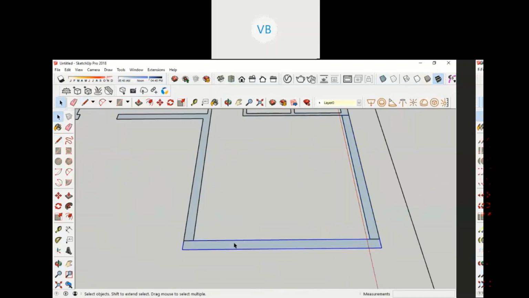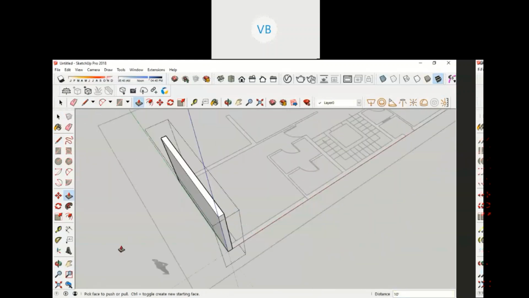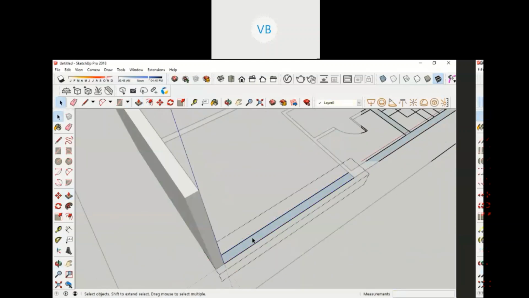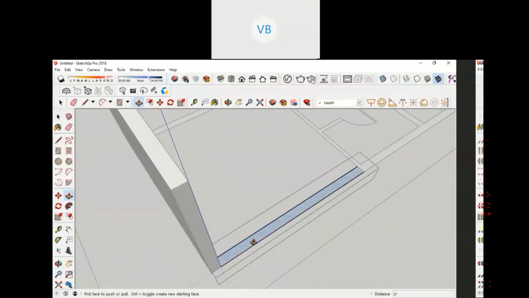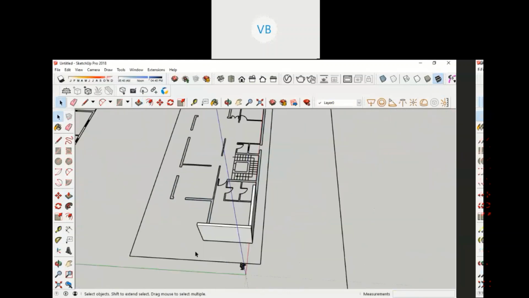Okay, so double click, and now I'm going to erect my wall. The height of the wall is 10 feet. Press 10 and feet. That's it. As simple as that. Height of the wall is 10 feet. I don't have to press 10 feet again. What I can do is double click on it. Just double click, automatically 10 feet is applied. So okay.